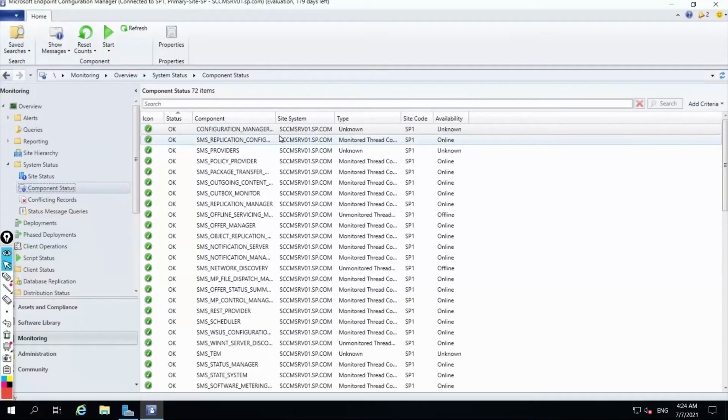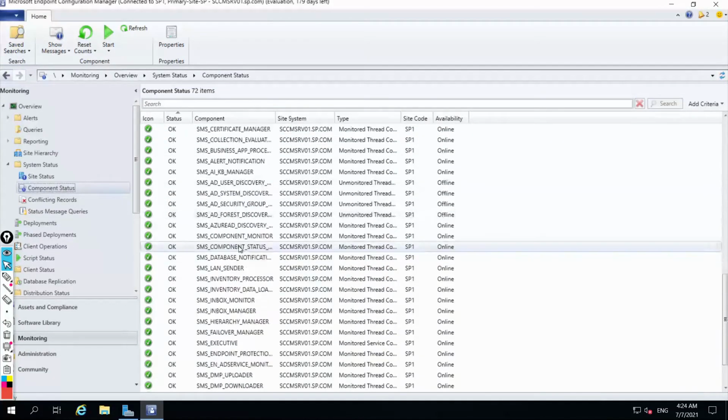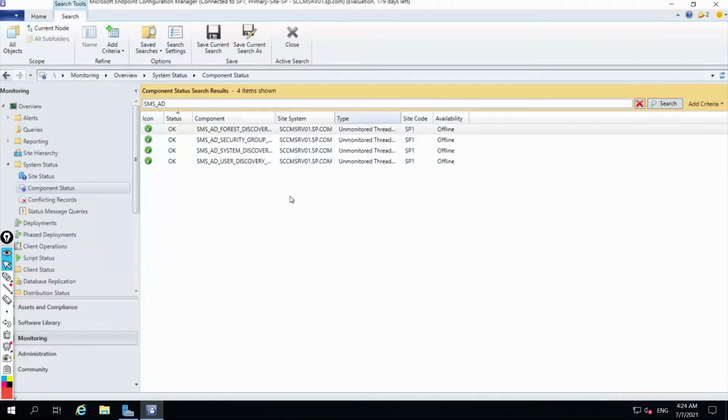So you can see now here you can search for specific things. Here we have AD user discovery, system discovery, security group discovery, forest discovery, etc. So if I type SMS underscore AD and hit search, you can see it is showing me all the four things.